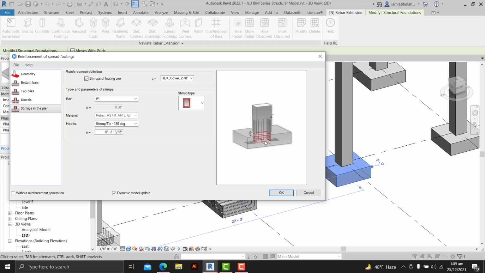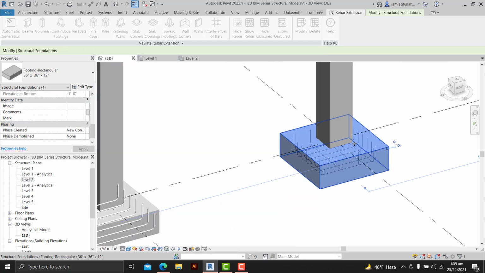When the footing is going to connect with the column, in the dowel portion you will have longitudinal bars, so you have to place some stirrups there too. So you can also add those stirrups from here. So for example, if you don't want that, I just want to show you how you can use this extension. Now just click on OK, and it will automatically generate reinforcement in your footing.